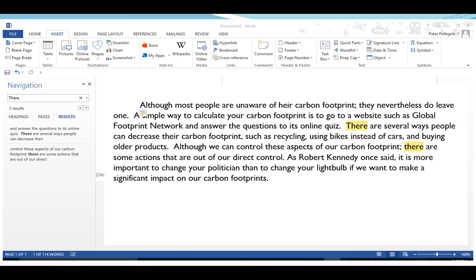Then, of course, there's "there are" and "there is." I told you to be careful about using those. Here we have "there are" and "there are." So this is a way to say, okay, now how can I change it? "There are several ways people can decrease their carbon footprint." I can say, "People can decrease their carbon footprint in several ways." See how I get rid of the "there are." "There are some actions out of our direct control." "Some things are out of our direct control." Get rid of the "there are." So you can use that search feature to help you find things to correct